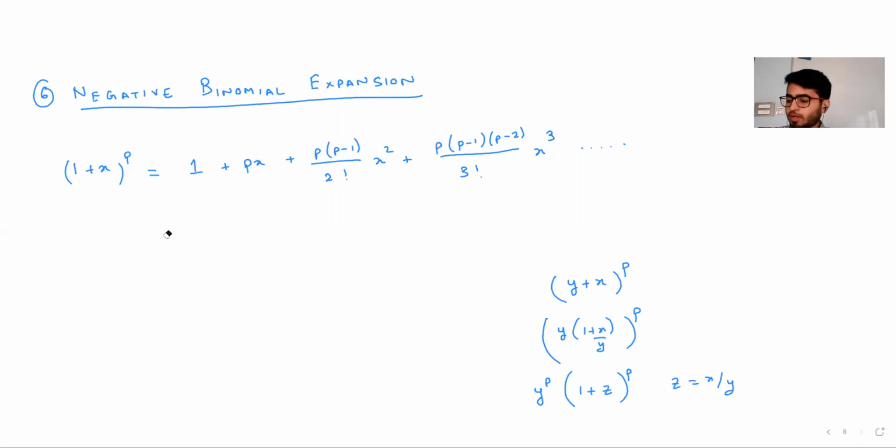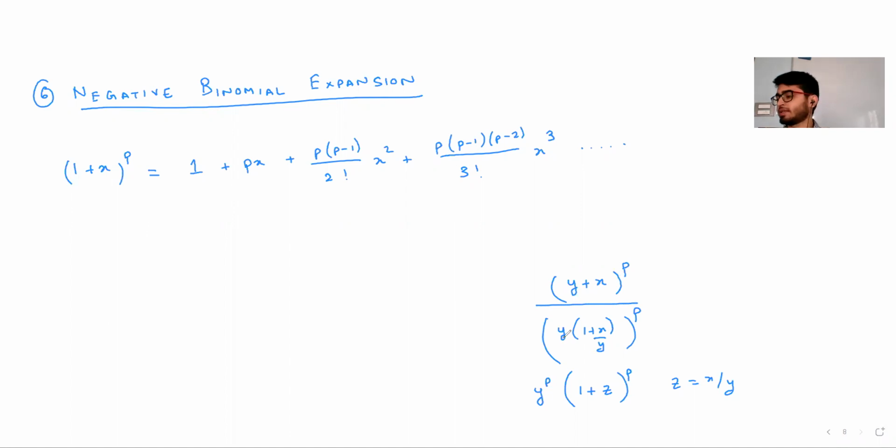So what I was stating was, some of you might think, why am I giving a general form of 1 plus x to the power p? Why not something like y plus x whole to the power p? Why restrict one value to 1 itself? The only reason is it becomes easier to expand this, and whichever form you get, we can convert this expression into this particular form.